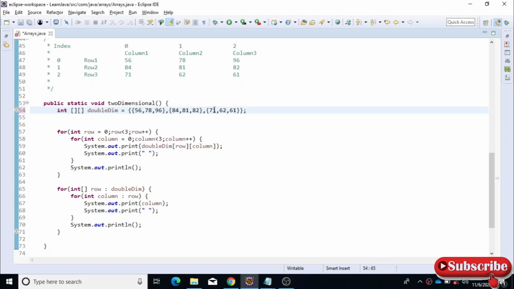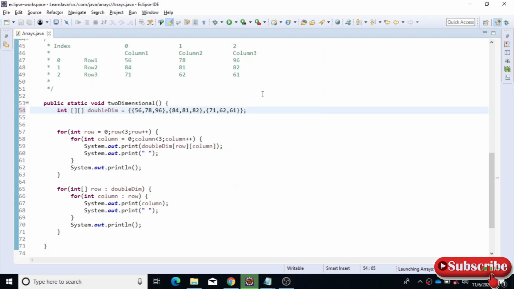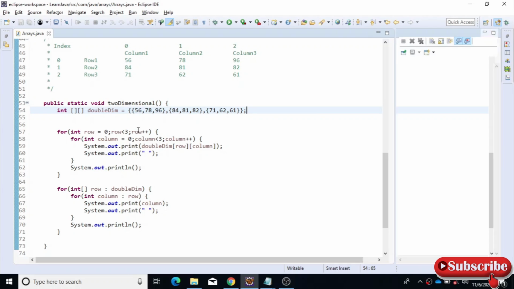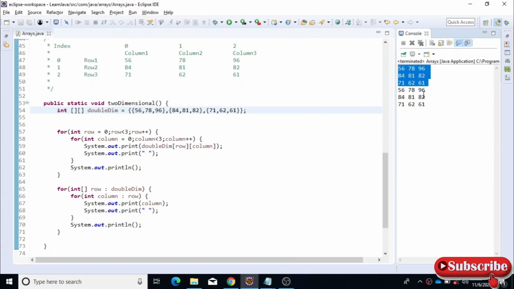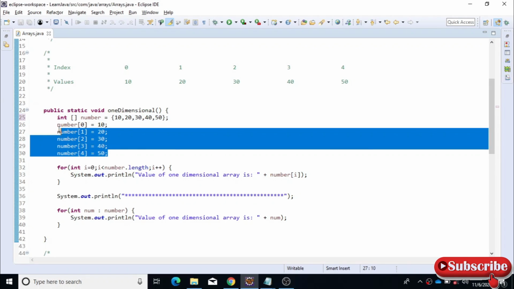Okay, and all right, so if you try to print this one now, I'll run this program here, and you can see you will get the output properly, similar to before. It displays from the first normal for loop and then the enhanced for loop, right? And you can do the same thing here. Just go here and change the value. Here it is single dimensional, so you should not put two brackets. Just give one bracket and assign the values here: 20, 30, 40, and 50, right? So you can directly assign like this. You can remove this one now.